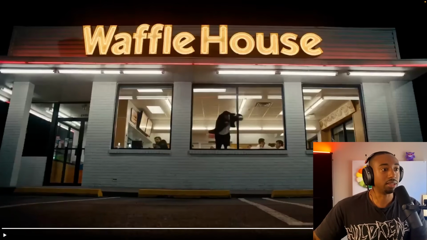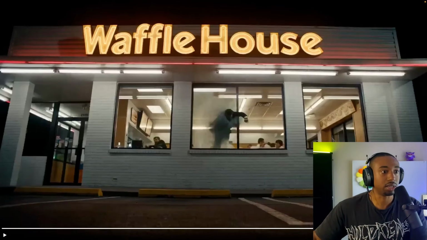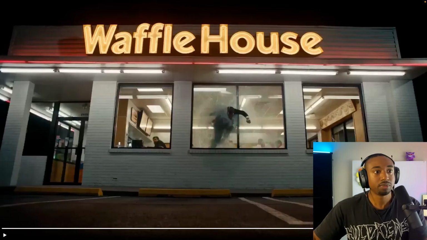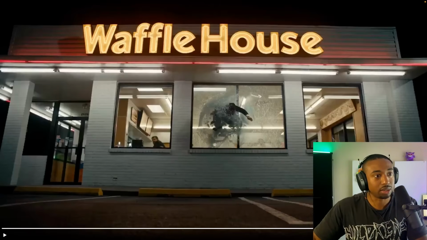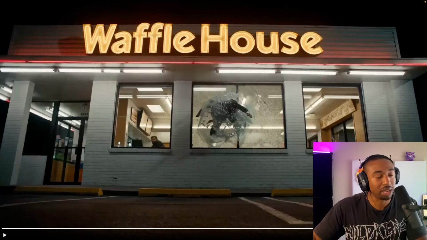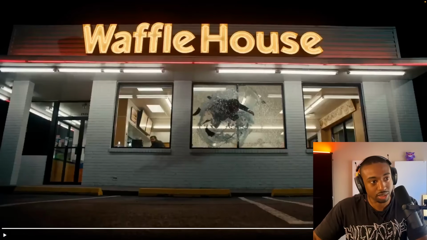So now look at the AI window, for example. It shatters all the way across. Then you see him actually falling out the window and kind of protruding through. And then it shows the fine fibers of the actual detail and the glass separating with him still intact. That's major levels of detail. I hope you guys understand.